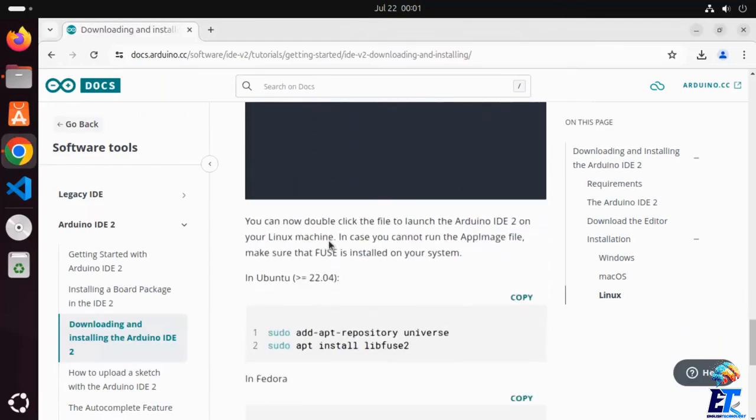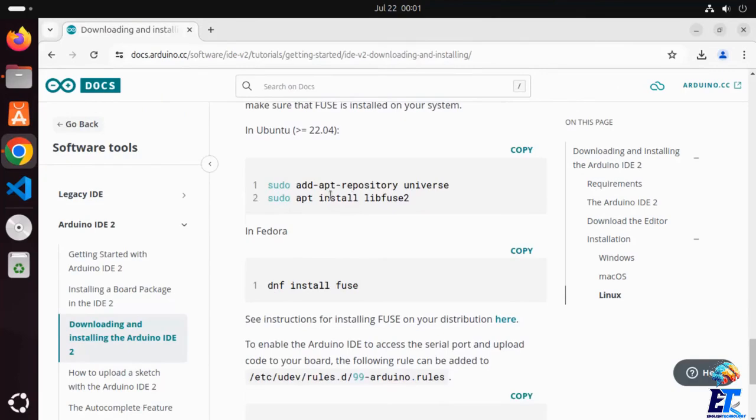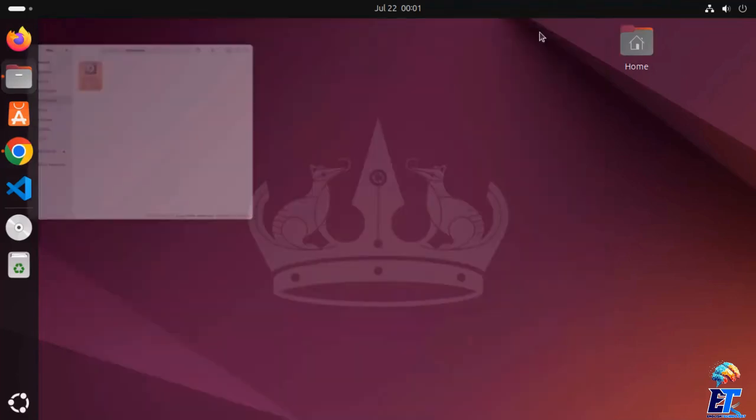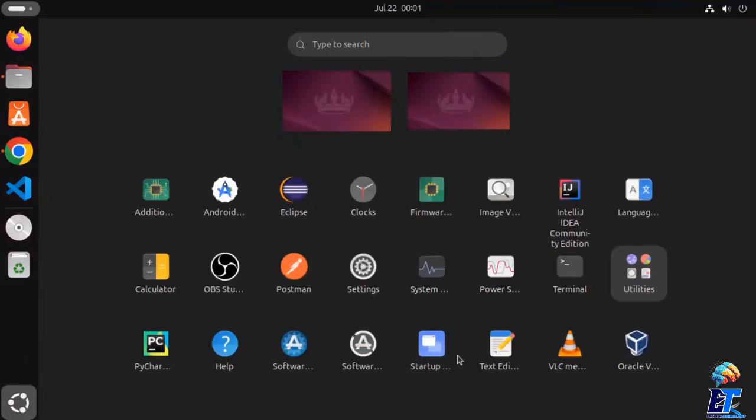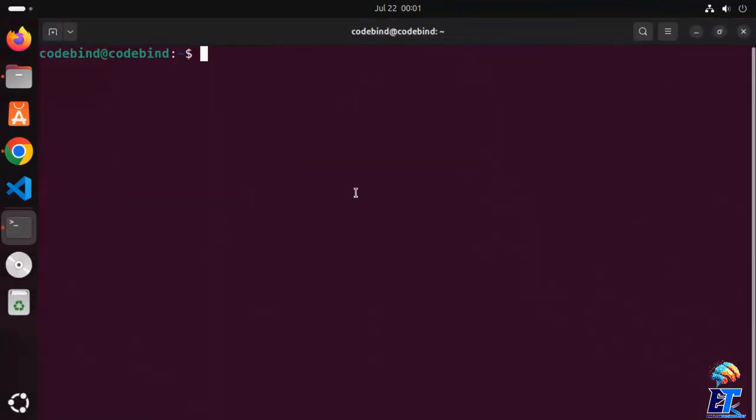So just scroll down a little once again, and then you need to give these two commands on your Ubuntu operating system. You can see in Ubuntu greater than 22.04, we need to give these two commands in order to fulfill all the prerequisites of installing Arduino. So we are going to just copy the first command here, and then open the terminal. So to open the terminal, I'm going to minimize this browser and then click on Show Apps icon and then click on Terminal option. And then I'm going to right click and paste this command and then press enter,